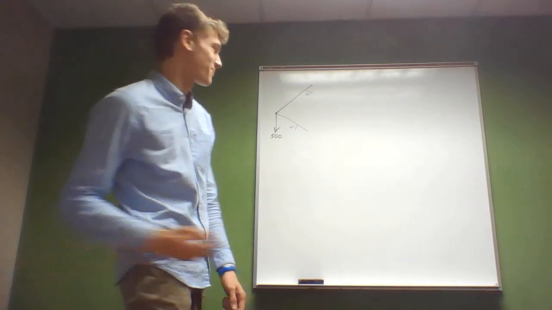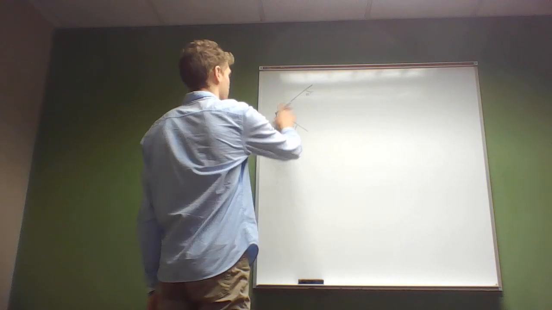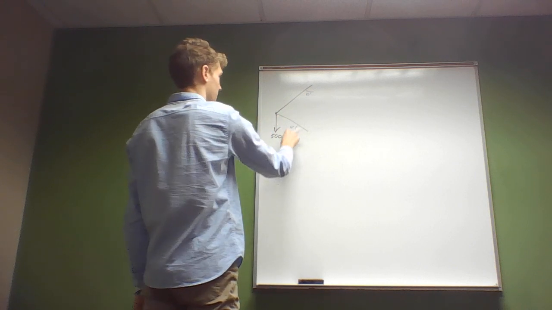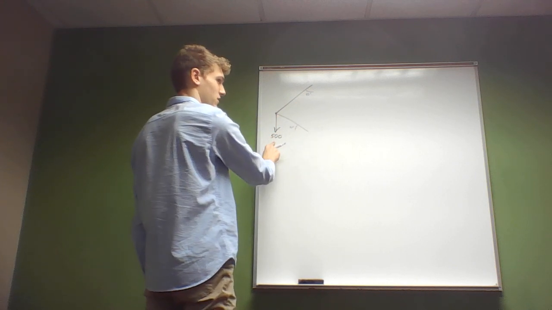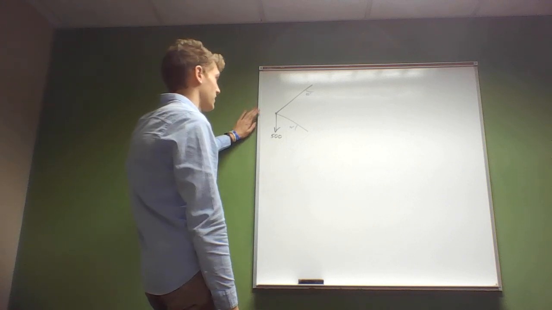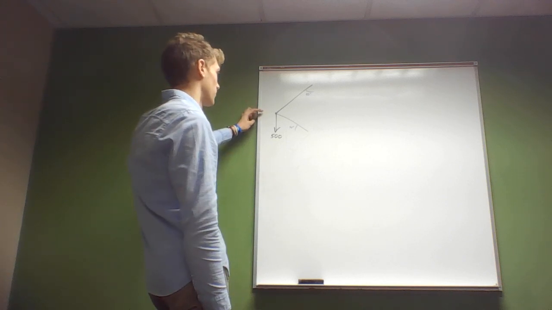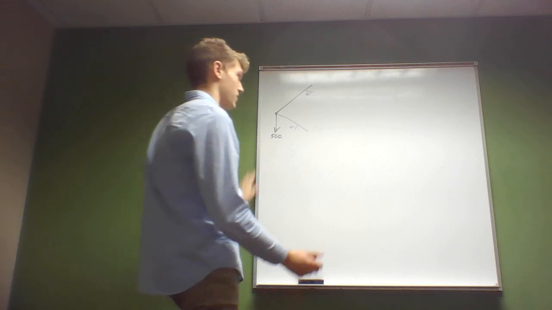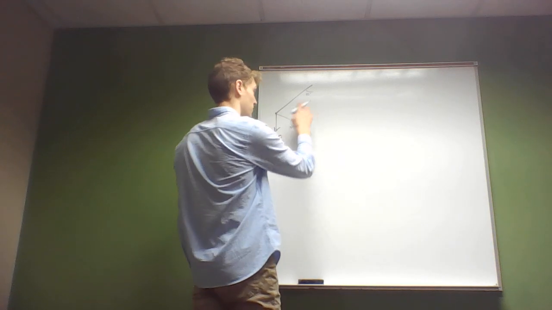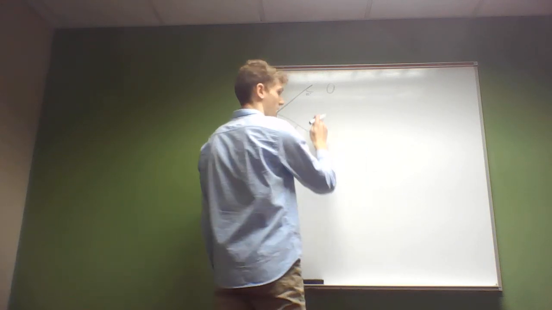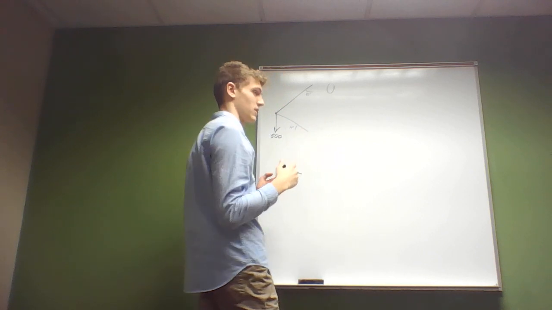So, you have two forces, and it wants you to find the magnitude of each, given these two angles and this force, right? The first thing I noticed is that the resultant force is only in the y direction, which means if the sum of two things is only in the y direction, then the x forces have to be canceling each other out, right?